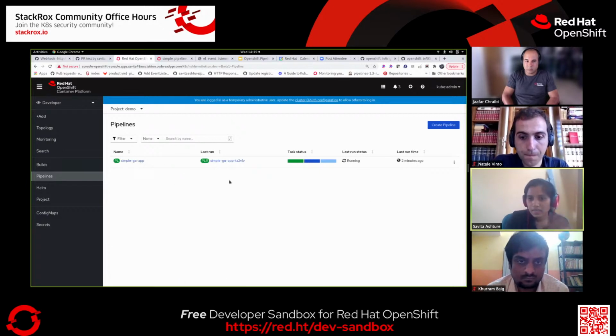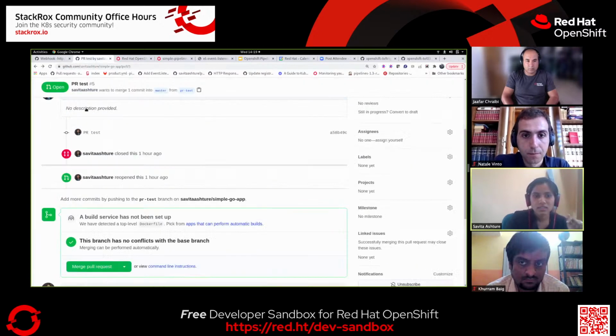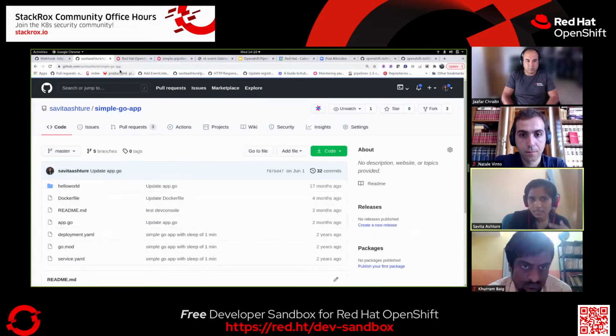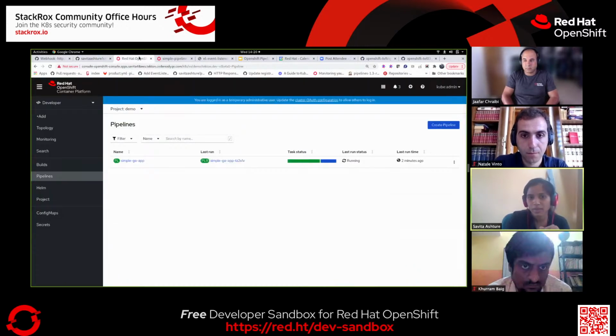But later on, whenever there are some changes to my repo, so basically my repo is this one. This is the one which I have given while creating the pipeline template, right? So whenever some action happens to this GitHub repo, it should automatically trigger the pipeline run for me. So to do that,